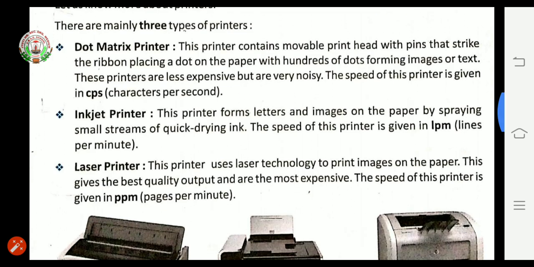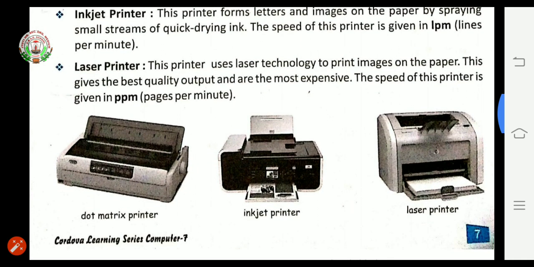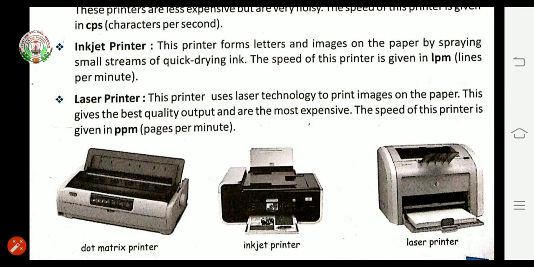Second is the inkjet printer. This printer forms letters and images on the paper by spraying small streams of quick drying ink. Here you can see the picture of an inkjet printer. These printers do not have pins. They work by spraying small streams of quick drying ink, which means as it sprays on the paper, it dries quickly.